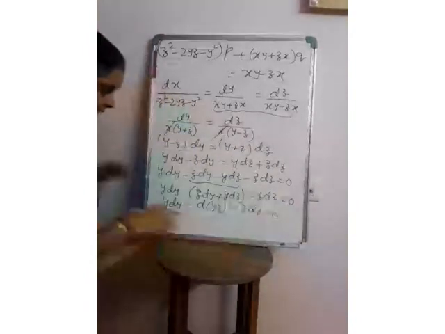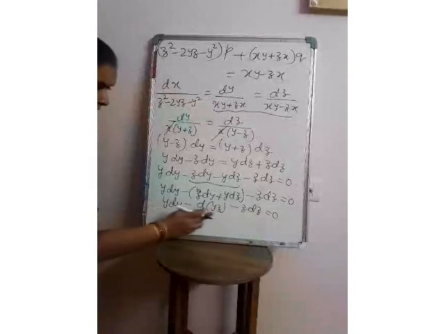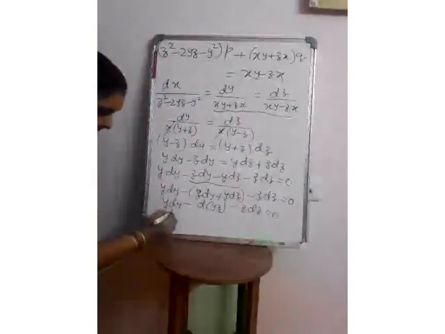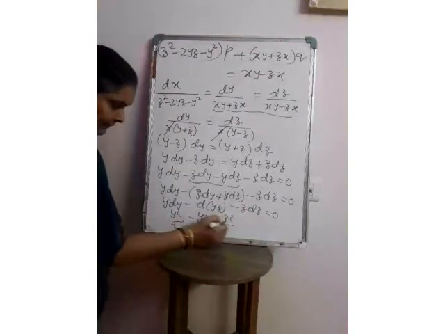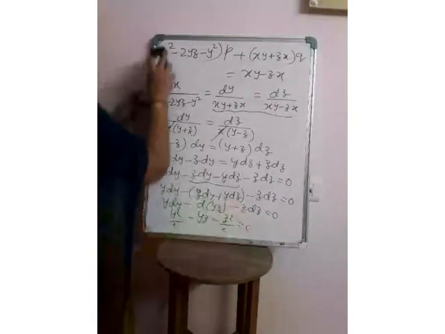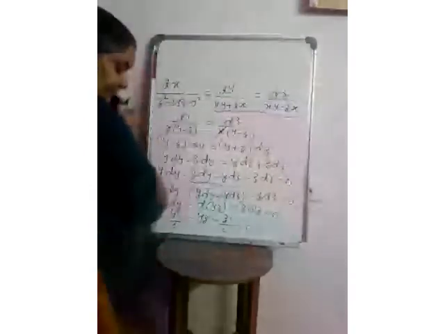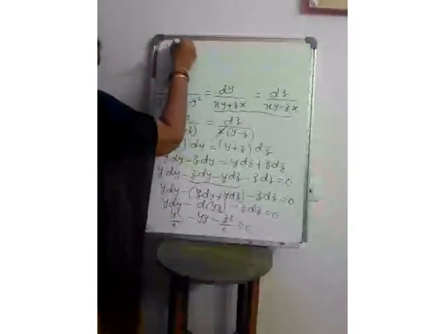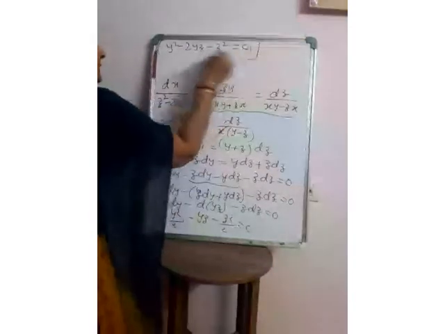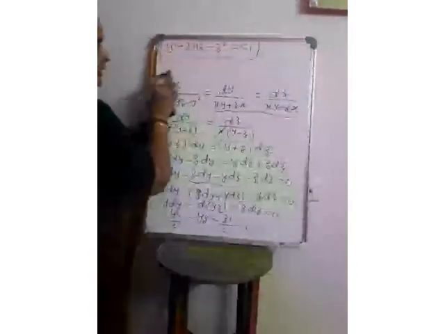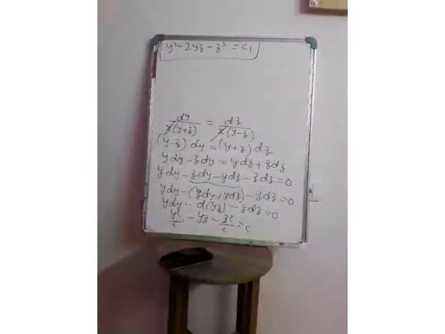Now these are pure functions, and this we got as a total derivative, so we'll integrate it. y square by 2 minus yz minus z square by 2 is equal to c. Or what is the first solution we get over here? y square minus 2yz minus z square equal to c1. This is the first solution we got. Now we see which combination may become 0 for the second. Are we getting any relation for dx, dy and dz?